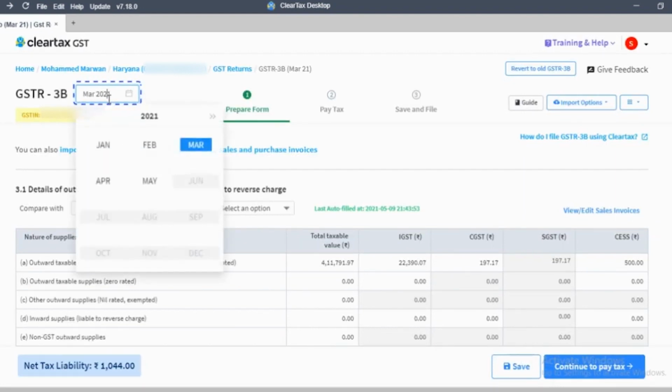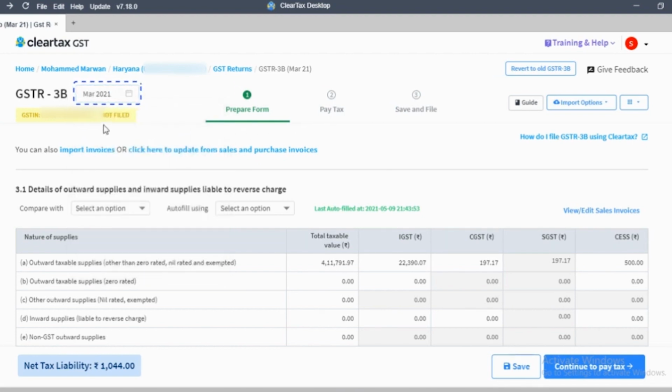If this is a quarterly return, the drop-down will reflect based on every quarter. Below this, the GSTIN number along with the status will display. As here it is not filed, it shows the same. If filed, it will reflect as filed.